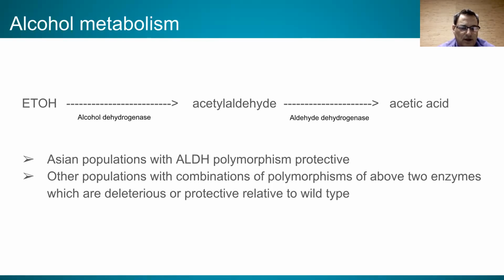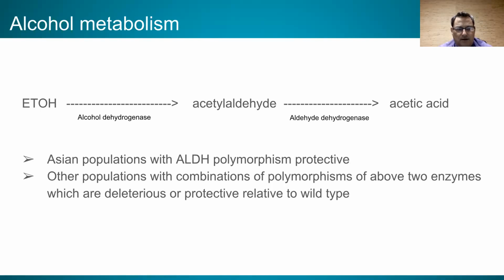And there are certain ethnic populations that have an aldehyde dehydrogenase polymorphism, which is protective, and basically in that case, the enzyme doesn't work as well. So what that does is that builds up acetaldehyde in the blood, which is basically a toxic substance and causes flushing and some other uncomfortable symptoms. So it's kind of a natural aversion, kind of a built-in aversive system for alcohol metabolism in some folks with Asian